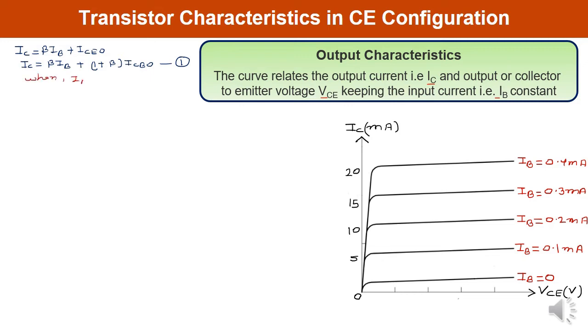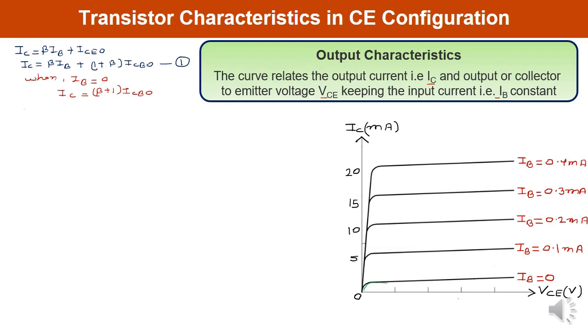What will happen in this particular case when IB is 0? Initially, let us see the first case. When IB is 0, then IC is nothing but beta plus 1 times ICBO. So see in this curve which you have plotted, when IB is 0, IC is not 0. There is some value of IC which is nearly 0, but it is not exactly equal to 0, and this is because of the leakage current. At the same time, when observing the relationship between IC and IB, you can see the curve is not exactly linear. Why? You can observe it.